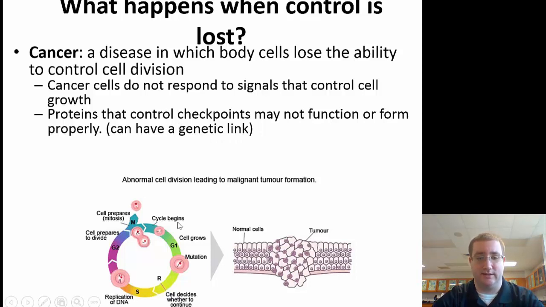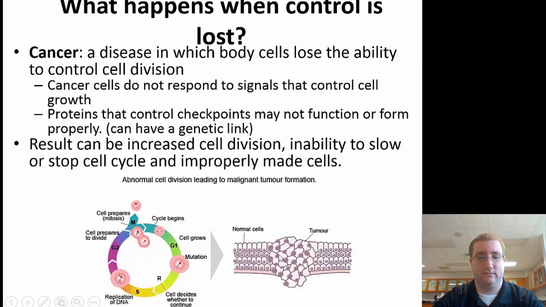And you can see here that the normal cell cycle just goes crazy, and the cells start piling up on each other and start dividing and doing what they're not supposed to normally do. This improper cell division can obviously just keep on growing, and these cells are not usually properly made, so they don't have the same normal characteristics of a normal body cell, and that's one of the reasons they cause so much damage, so many issues to the human body.